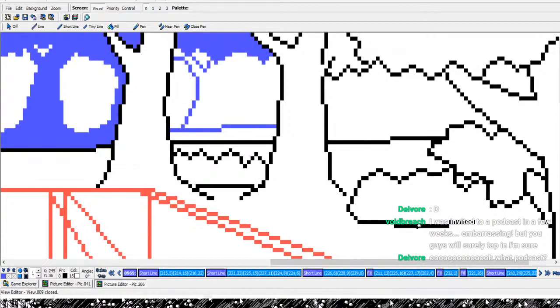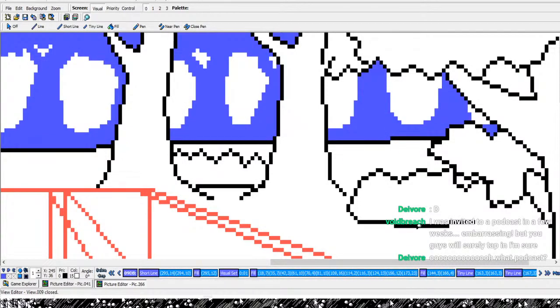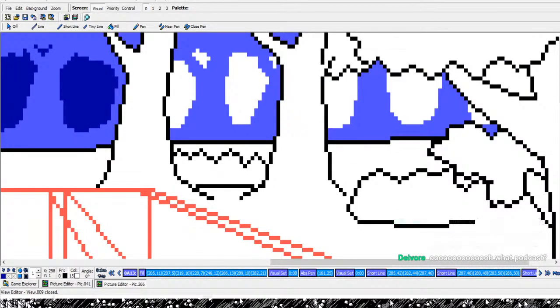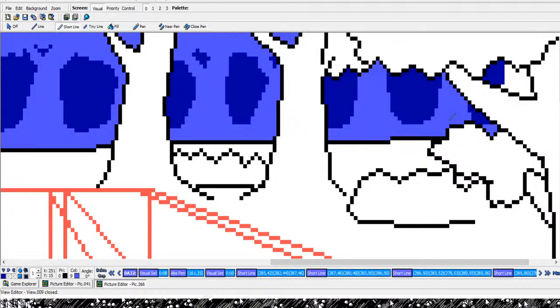All right, where did I go wrong here? I think I drew a line. Yeah, let's get rid of that line. Of course, then it's going to fill in with blue. So I don't want that to happen. So maybe I'll just do that. And hopefully...